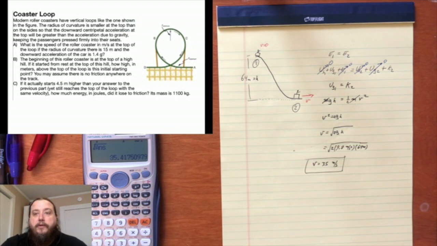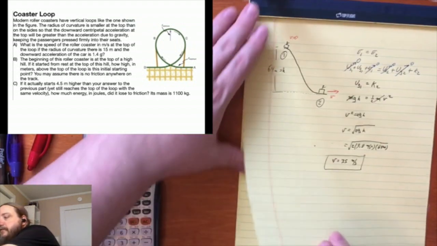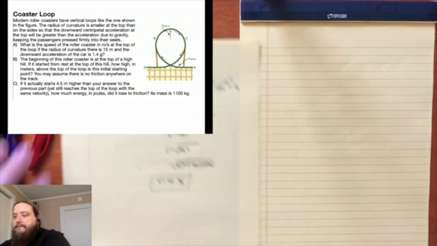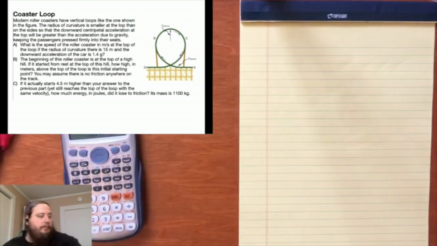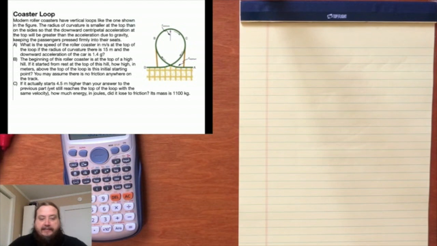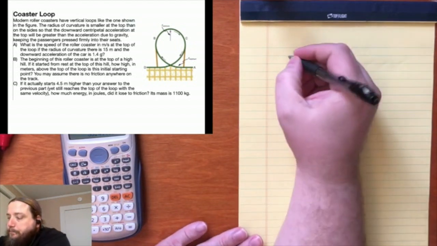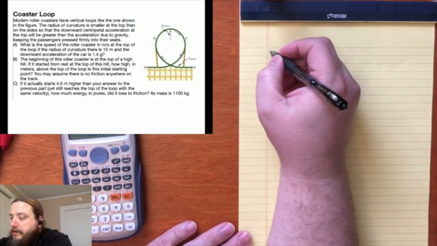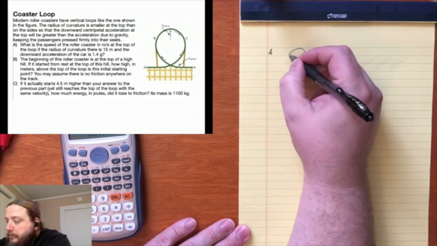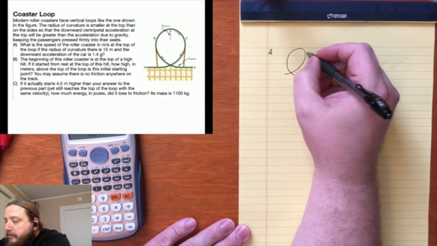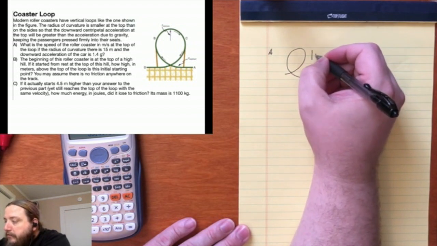Okay, so obviously there are several things going on in this problem, but let us start here. Again, as usual, with a diagram. For part A, what we have is that there is some sort of a loop, and that this loop has a 15-meter radius,